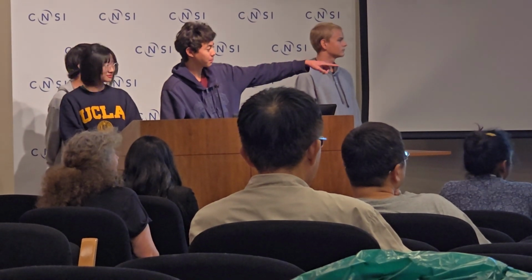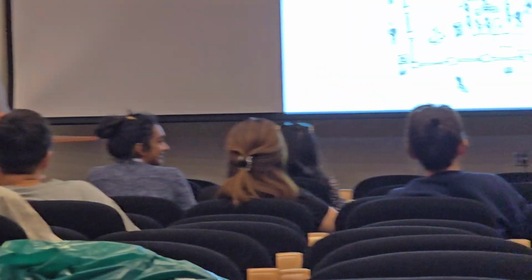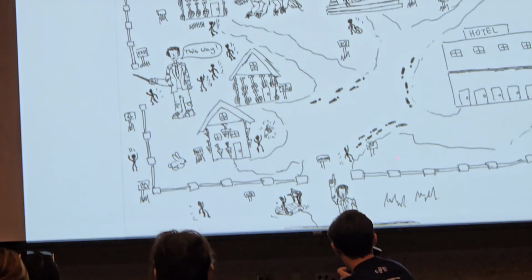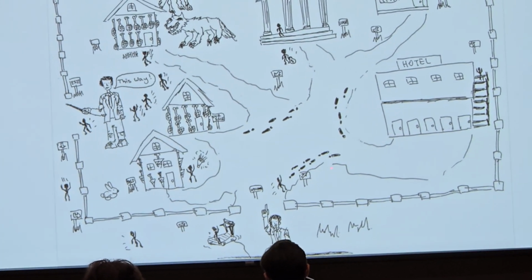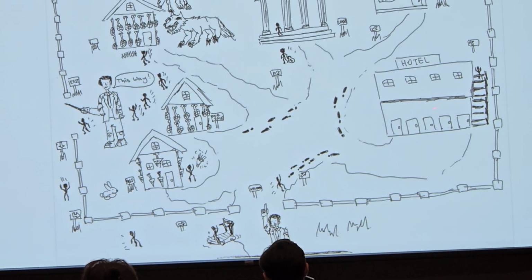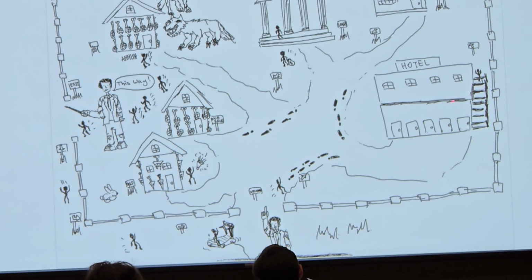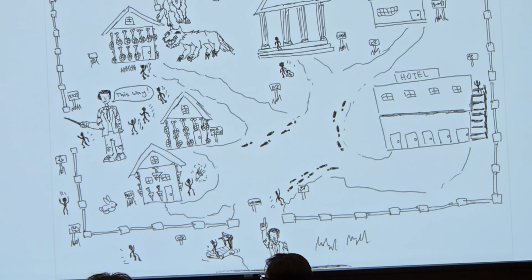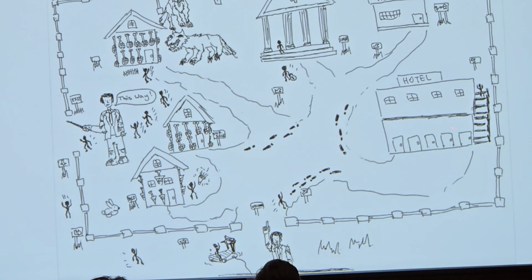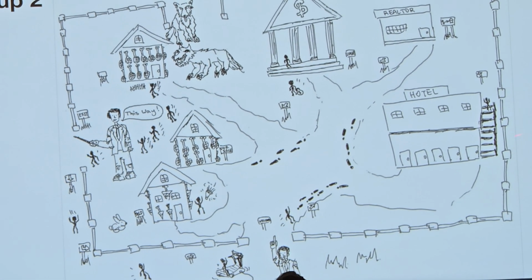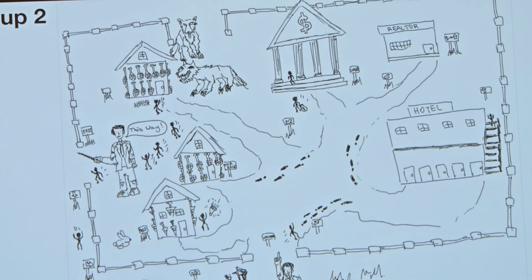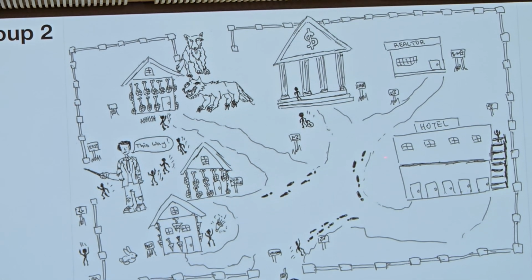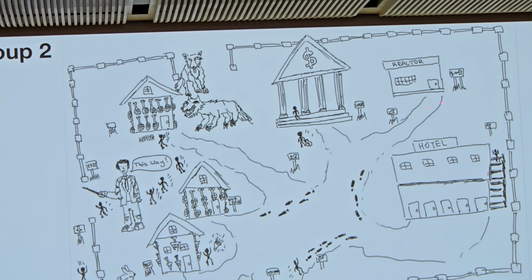And then afterwards, the electrons go back to the electrode, which is the guy pointing at the welcome sign. So that's what's conducting, what's pointing the way for electrons to go. And then the electrons enter the hotel, which we think is the battery or the power source where they get stored. So the electrons would get stored in the hotel, and then they would exit out, go to the realtor, which is the